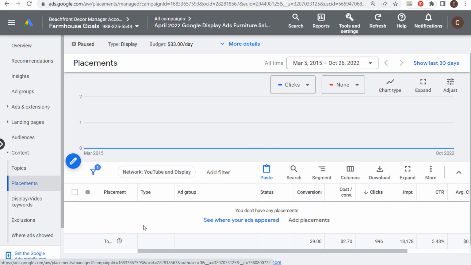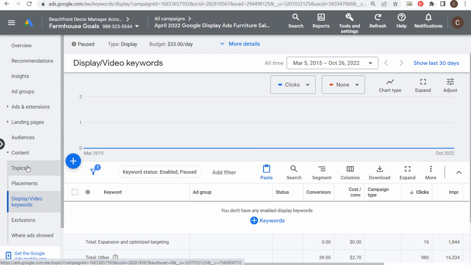You could add placements as well, but if you start adding placements, just keep in mind, if you start adding placements here, it's going to limit your audience segment targeting, your demographics targeting, just to the placements where you select. So you may need to come in here and add hundreds of websites, hundreds of YouTube channels, different mobile apps if you want to target them with your placements as well. So I would recommend using display or video keywords,